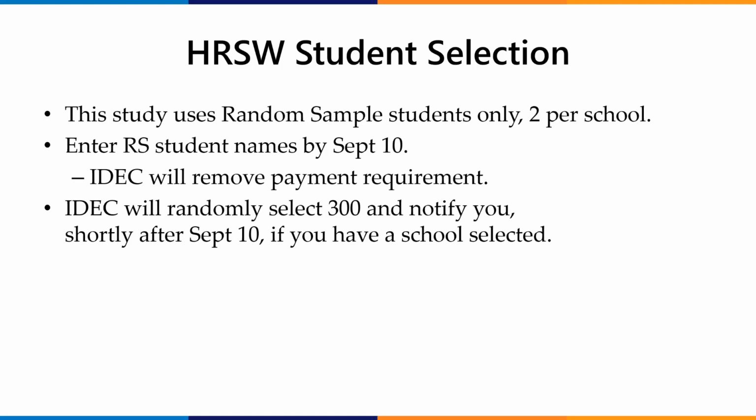That means most everyone will probably have 1 school participating in the study, with some sites possibly having more than 1 school. But remember, we're not doing all schools this year. We're just doing 300. So just be prepared to have 1 or 2, and on a rare occasion, maybe possibly 3 schools in the study. It's going to be a random process, so I don't have control over it. I don't know how many exactly per site, but it'll be around that.